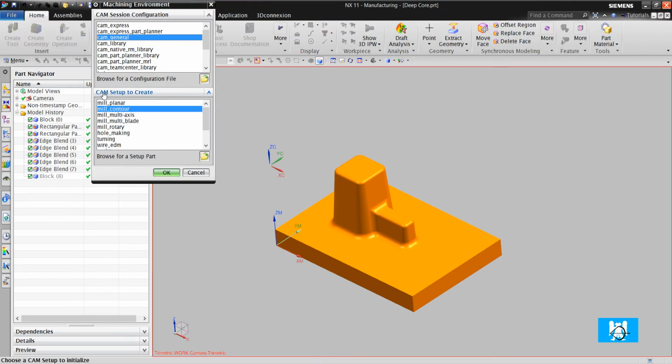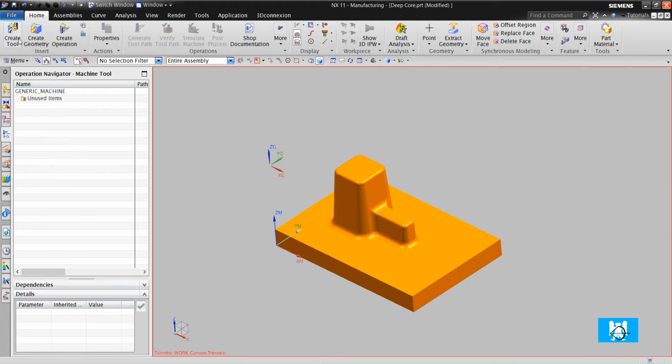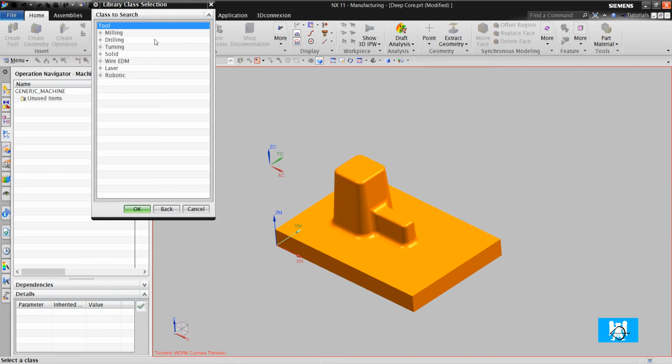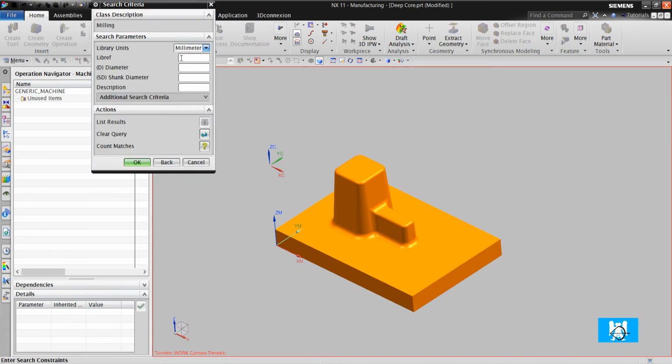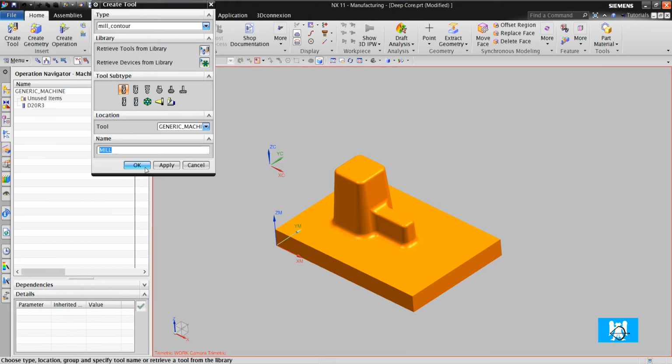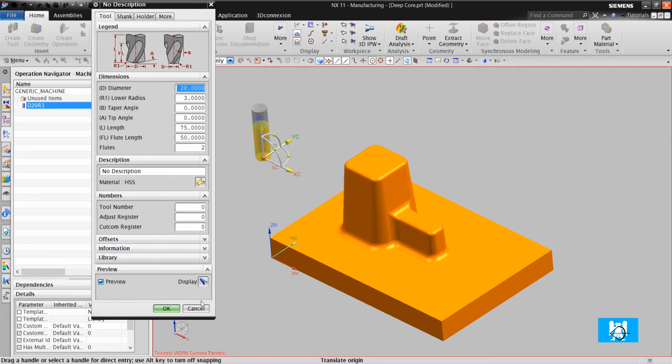switch to CAM. We see that there is no tool. We just click create tool and retrieve from library milling D20, and we can see our tool and other tools that I defined before. We double click and we can see our tool. It is the most common way,